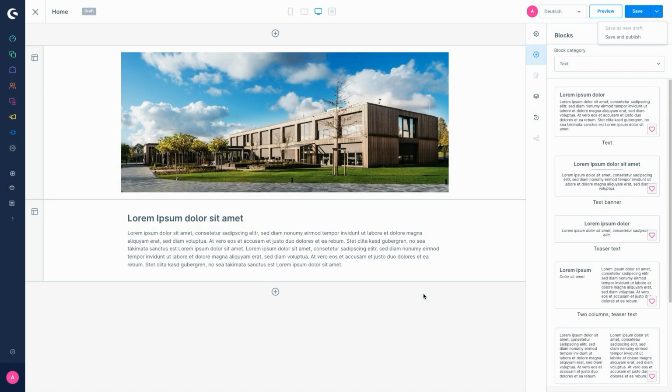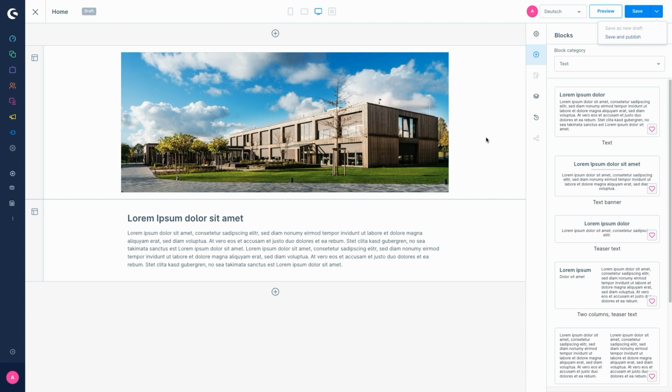After we have saved, we are automatically in the draft, as you can see at the top left. You can also see this when you press the button with the arrow again. Because here you can no longer save as a draft because we are in the draft already. But it is now possible to save the whole thing and publish it at the same time. In other words, to turn the draft into a live version. So if you want to do this, just click on Save and Publish.